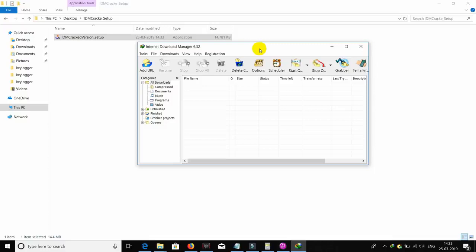So yes, that's one way hackers can get into your computer. They can take advantage of such tools, such cracked versions, and get things onto your computer. So it is always recommended that you download files only from official and trusted sources. Do not even go for